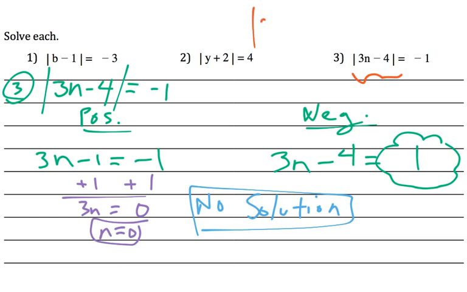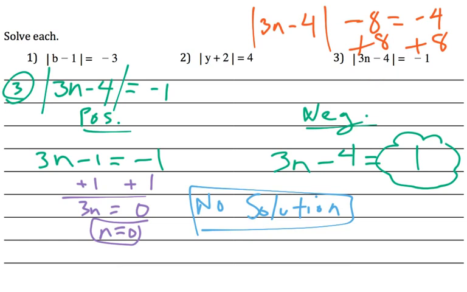Now here's what's different though. Let's pretend the problem was set up like this. The absolute value of 3n minus 4, minus 8, let's say, was negative 4. Let's pretend that was the problem. Well, you wouldn't be able to set this problem up immediately. First, you'd have to get it to where the absolute value was by itself, and then after you do a little bit of algebra, you end up with an absolute value on the left side,